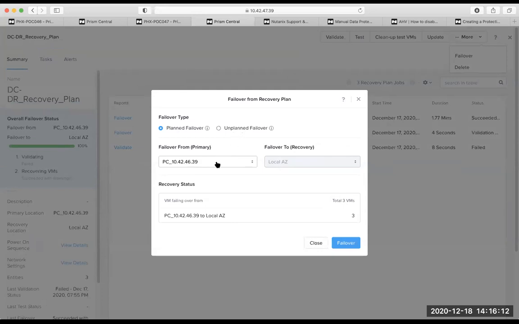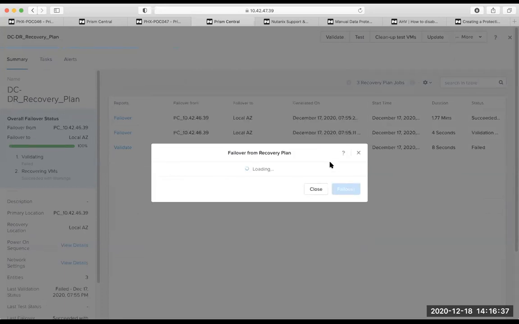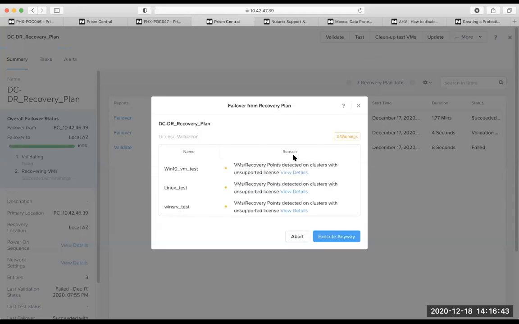Here you have the drop down, failover from. If you have multiple sites, you will get multiple IP addresses, like location Pune, from where you have to failover to where. By default, since we have two sites, this is selected, and I just have to click on failover. You can see the total number of VMs added in the failover policy is 3. These are the same 3 VMs which are connected. I click on failover, and as you can see, it has selected these 3 VMs which I had added manually.